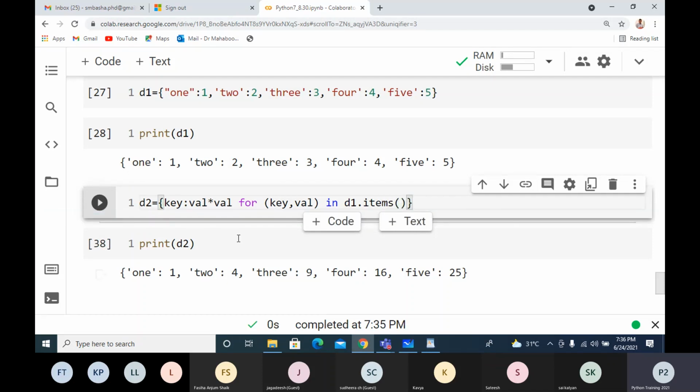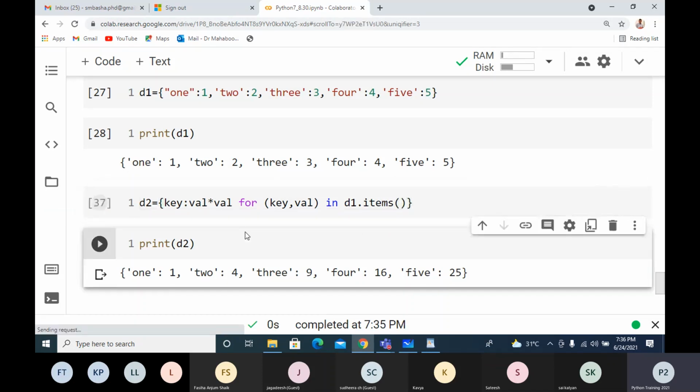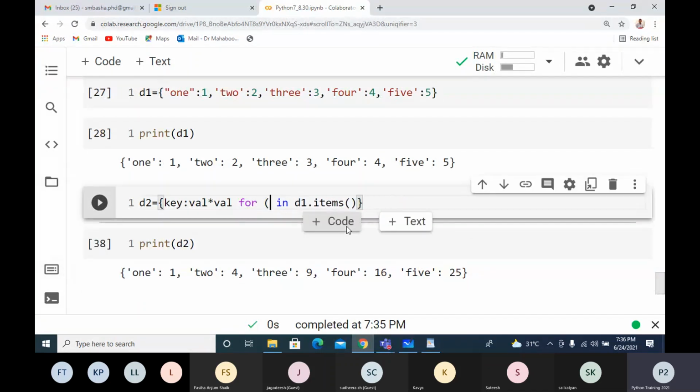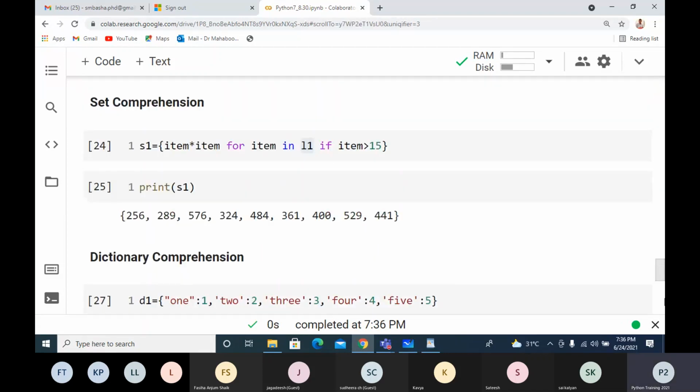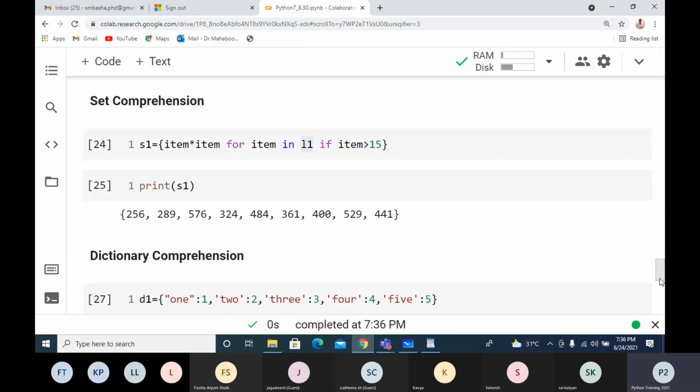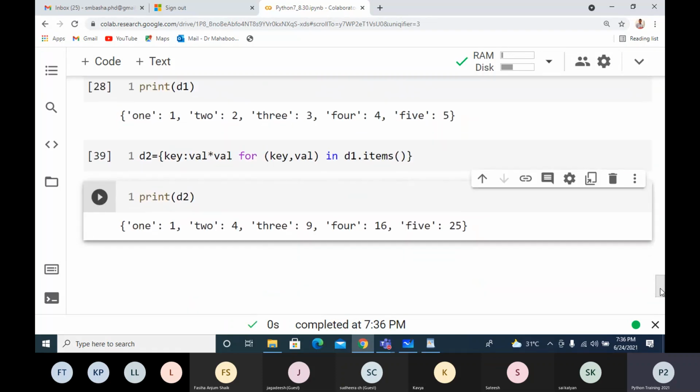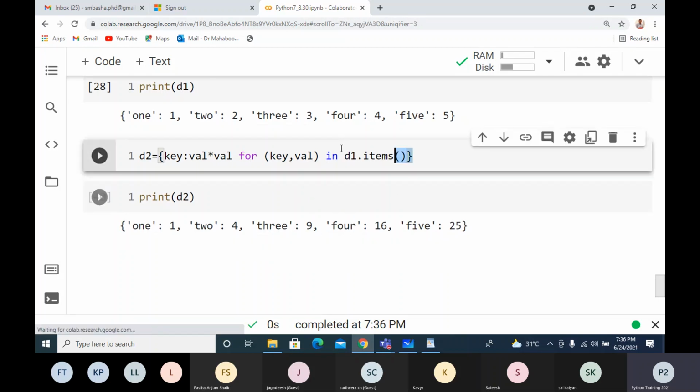So I'm creating it. Now I can also write, suppose I take this as item. Now when I take this as item, I'll rewrite this. So this is one execution, and I'm getting the result. So this is a key value pair. When it is a dictionary, I have to take these key colon value, and here the key value pair in items.